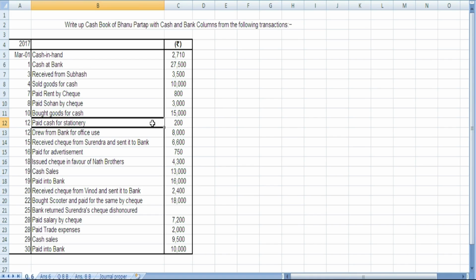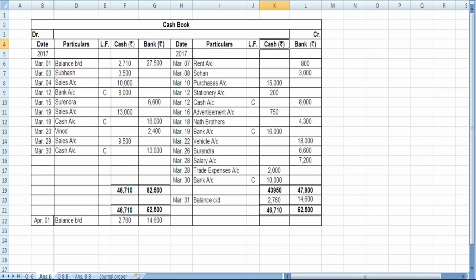Paid cash for stationery. Now stationery is expense like office paper, pen, pencil. So stationery account debit, since it is paid through cash, so in the cash column 200. Okay,